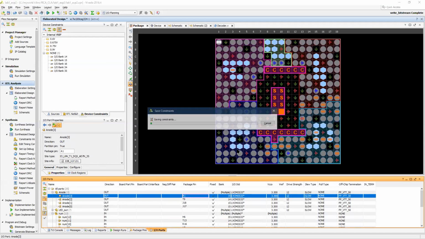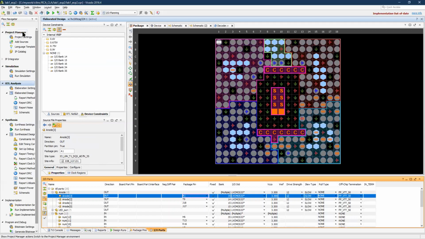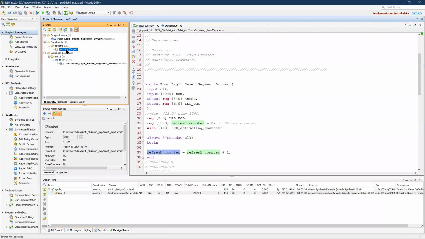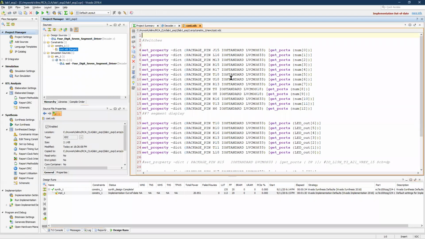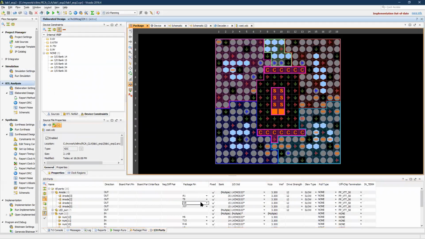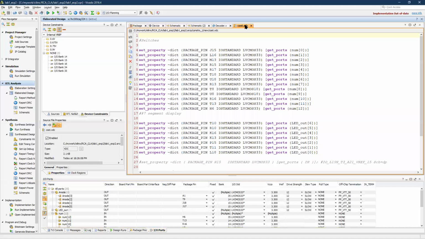I will select my constraint file, and when I open it, I will find that I have changed this anode to A1, anode of 3,